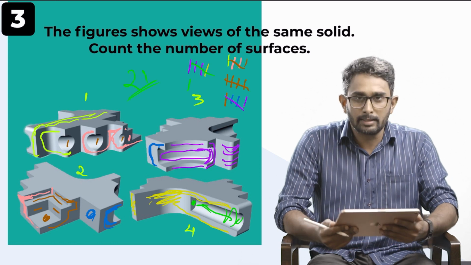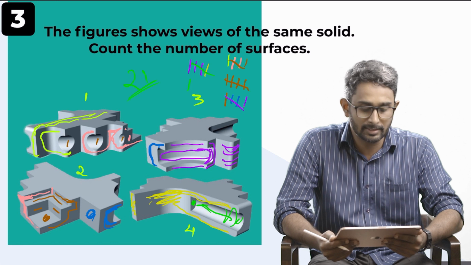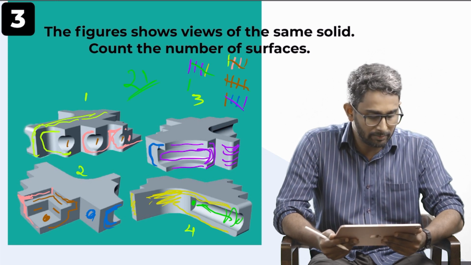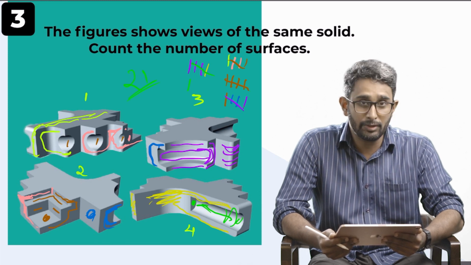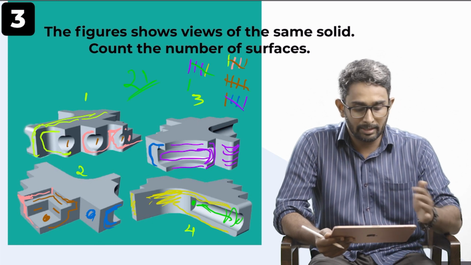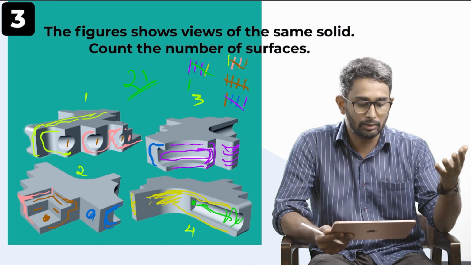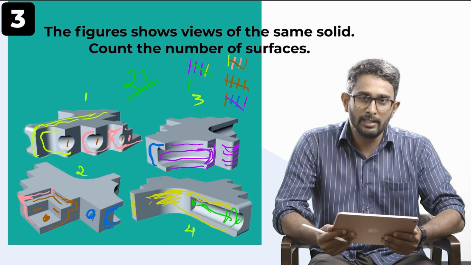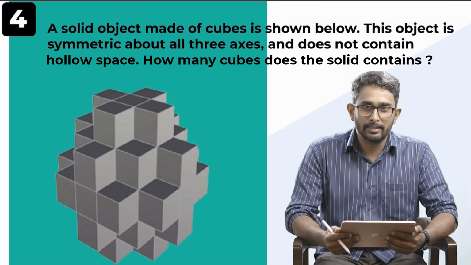Okay, so this is a little bit lengthy process for counting the total number of surfaces. I think there is no other way around it, because we have to be very careful about the continuous surfaces and different views also. The same surfaces can be found in different views. You should not be recounting the same surface again and again, and you should be very careful about that. I think you can do this very easily by practicing more questions like this. Let's move on to the next question.